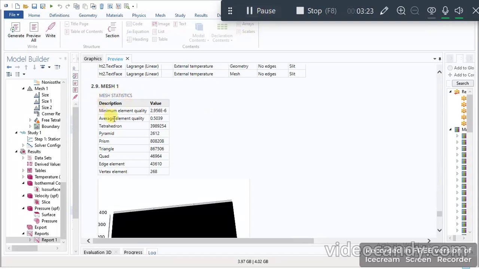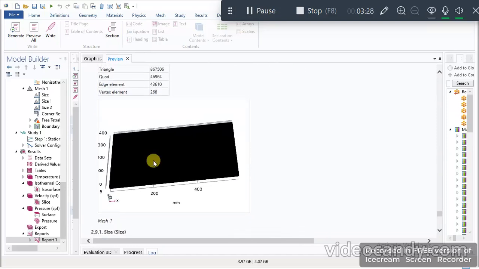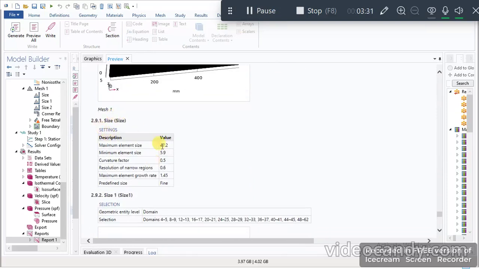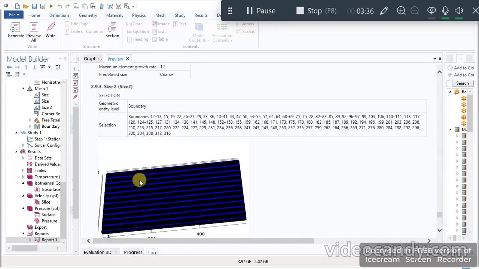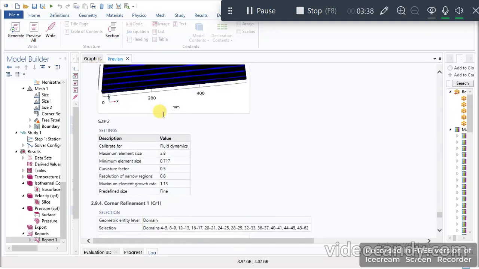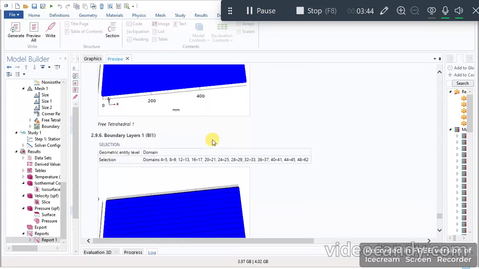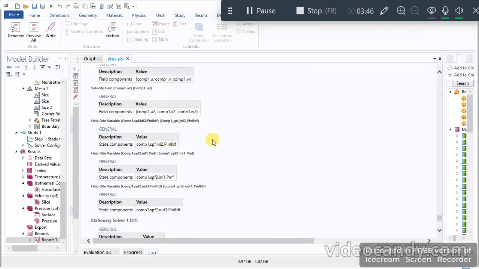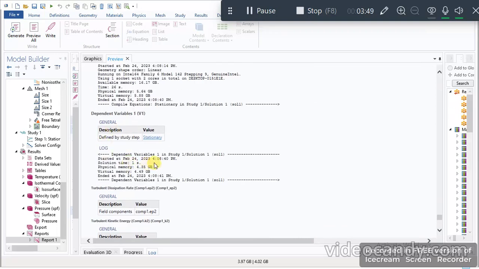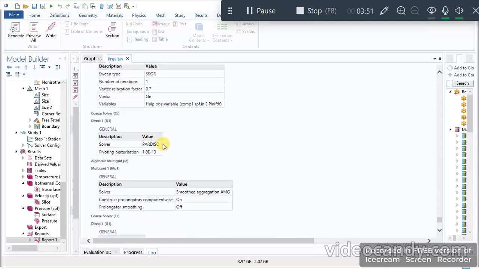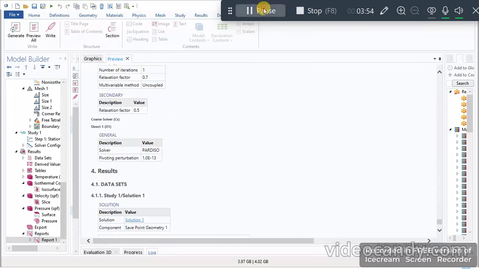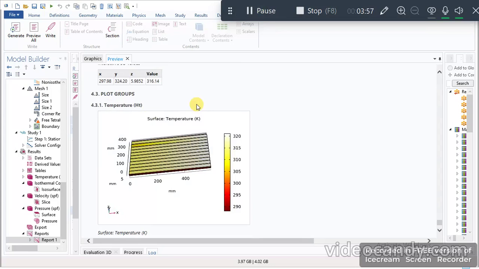This is the information about mesh element quality and mesh type and other things. The size of meshing can be found in this table. The meshing at different parts, edges and surfaces can be found here. These are the iterations. We can also find our achieved results in the report. These are the results of temperature,